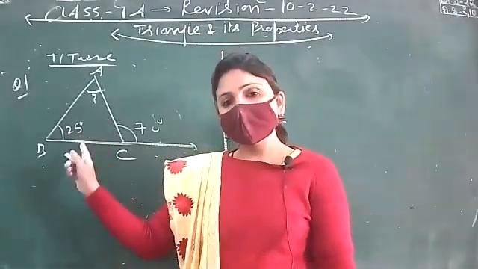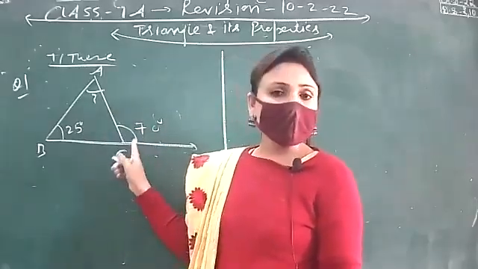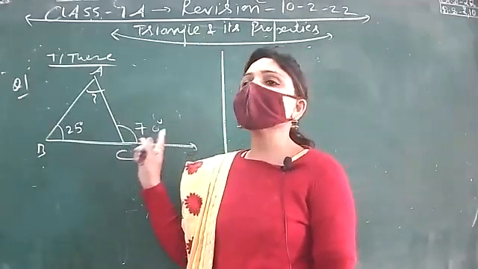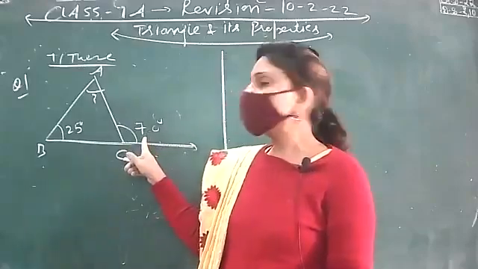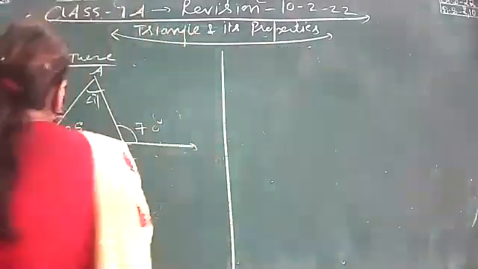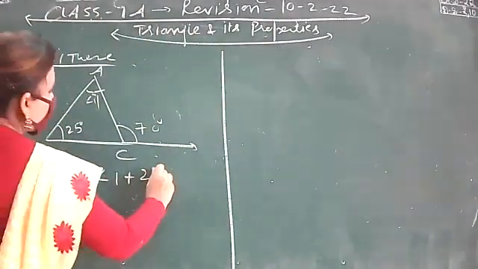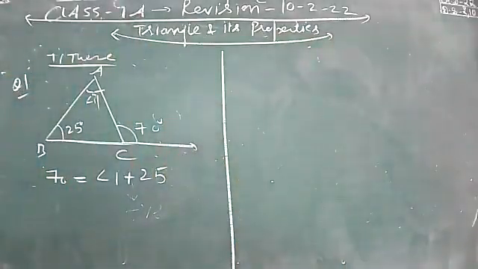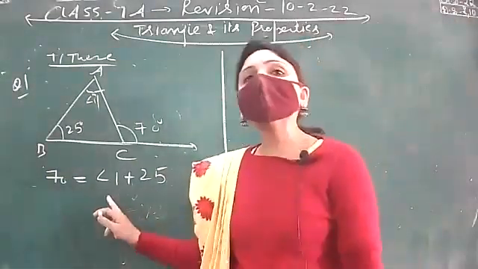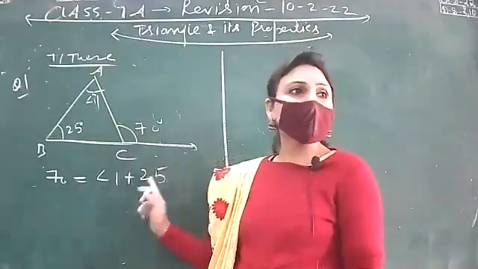Whenever in exam the figure is like this, that you can see that one exterior angle is there, then you have to recall the property of exterior angle. According to exterior angle property, one exterior angle of the triangle, इसको आप angle 1 बोल दो, is equal to sum of two opposite interior angles, angle 1 and 25. One exterior angle of a triangle is equal to sum of two opposite interior angles. Right? Now, whenever you write this in exam, you will mention that you are using exterior angle property.